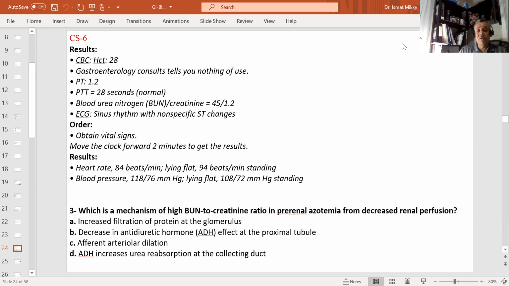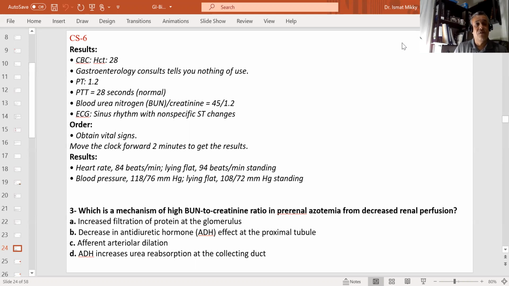Platelets less than 50,000 with active bleeding, the patient should be transfused with platelets as well as fresh frozen plasma. Patient with an INR higher than 1.5, then the patient should receive fresh frozen plasma and vitamin K. INR over 1.5, the patient should receive fresh frozen plasma and vitamin K.